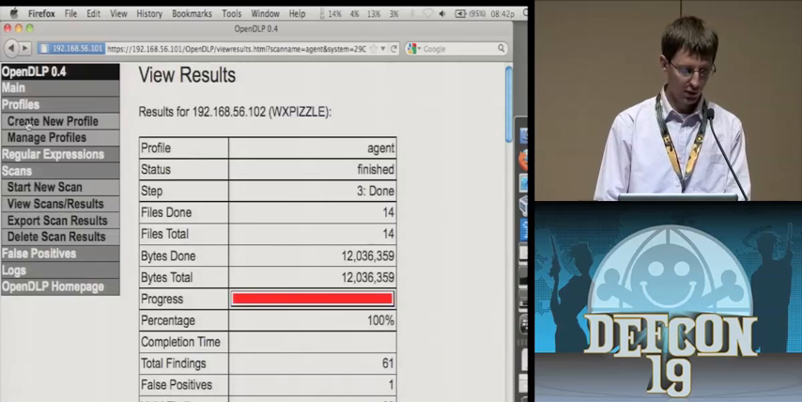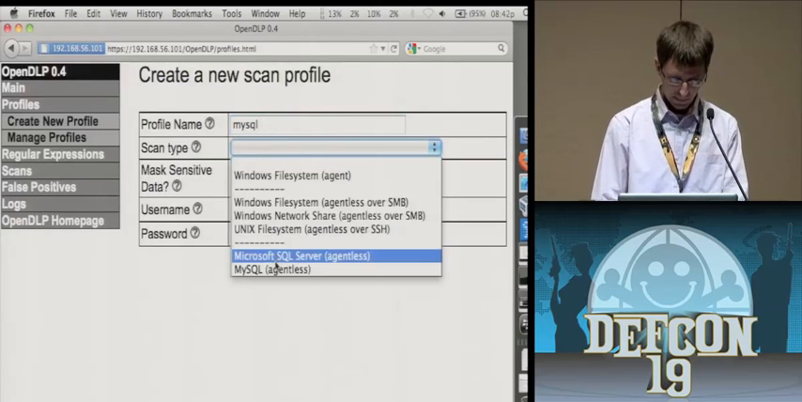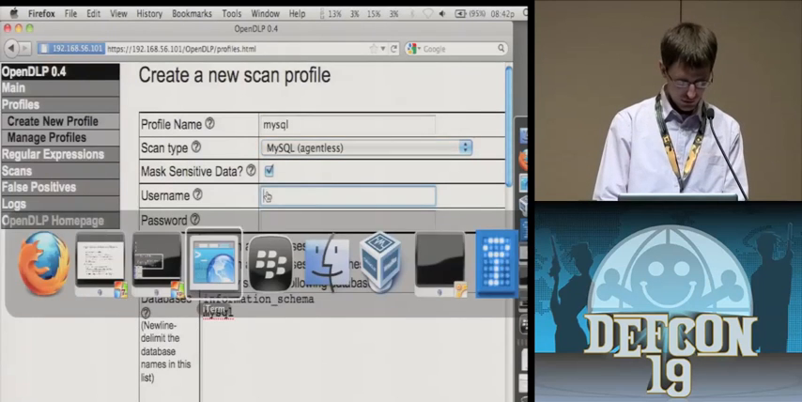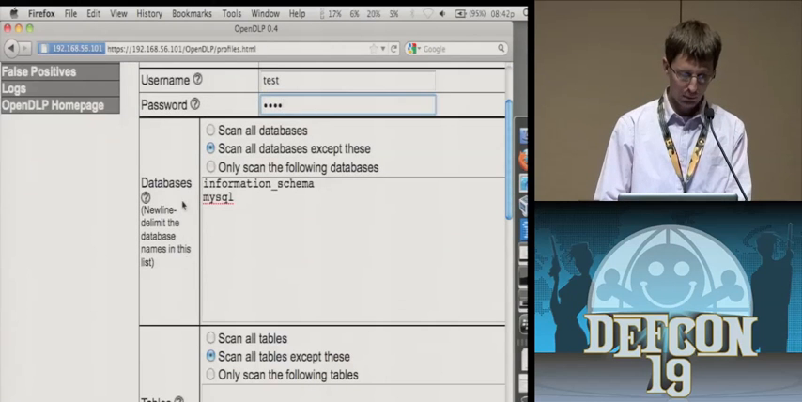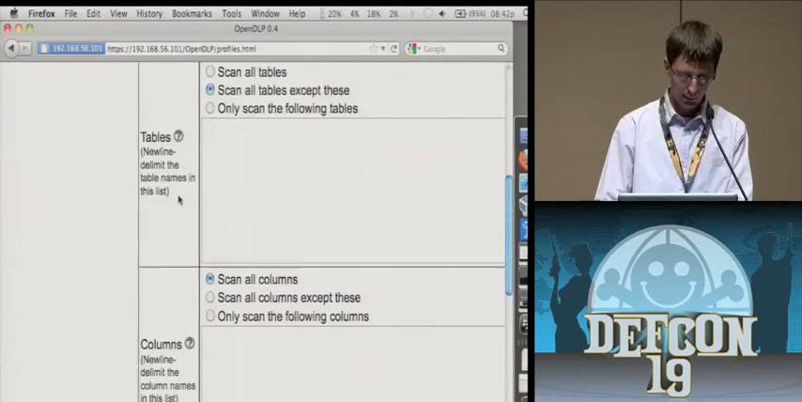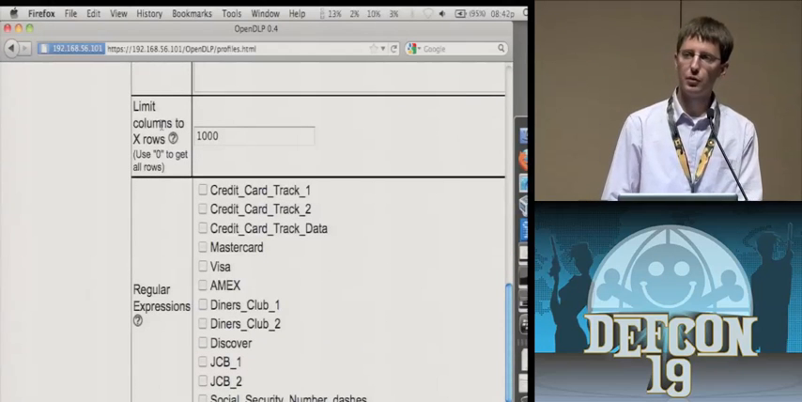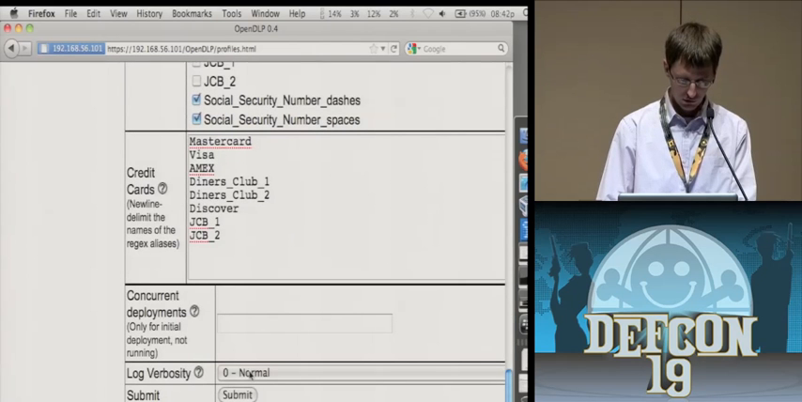So we're going to create a new profile again. We'll call this MySQL. Test and test. And here's where you can whitelist and blacklist your databases, your tables, your columns. You can limit how many rows you can grab. So if you want to grab all rows, just enter a 0. But just be aware that some tables are quite large. If there's a million rows, it would take a while. So we'll submit that,